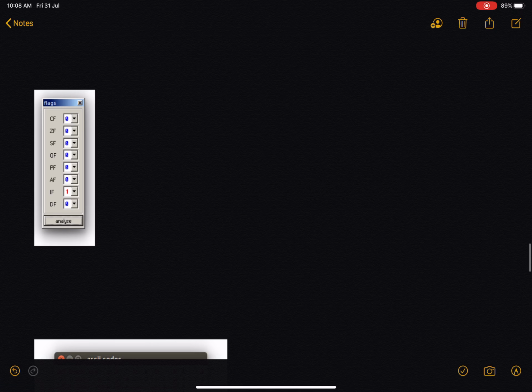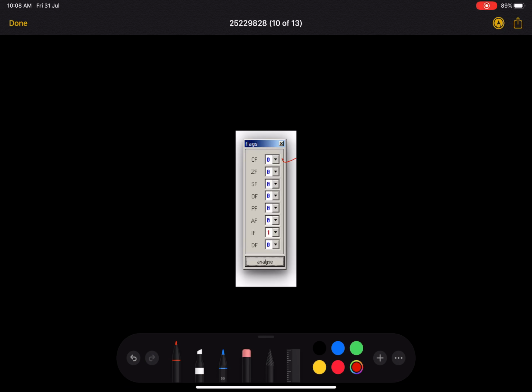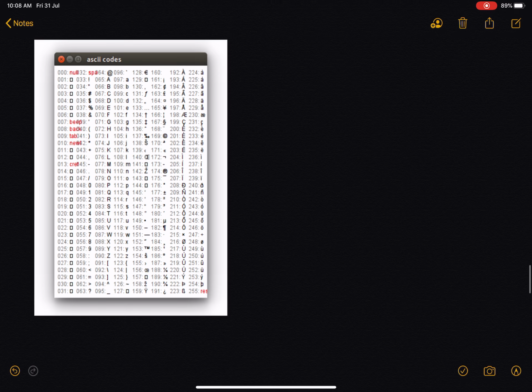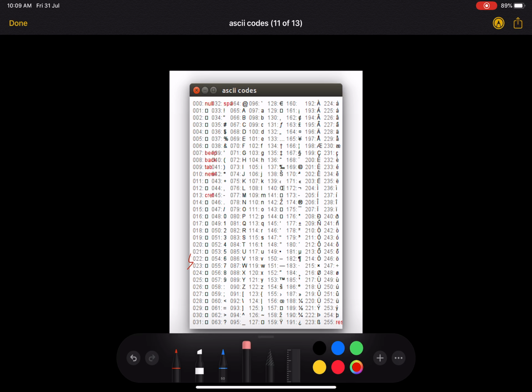Other than that, if you want to see what happens inside the flags, you can watch all your 9 flags here, what happens with each flag, right? So that is also available. Flags also you can see. In future you can do some work with strings, right? In that case you require the ASCII code of each and every character. So here you can get the ASCII code also of the characters which are available.